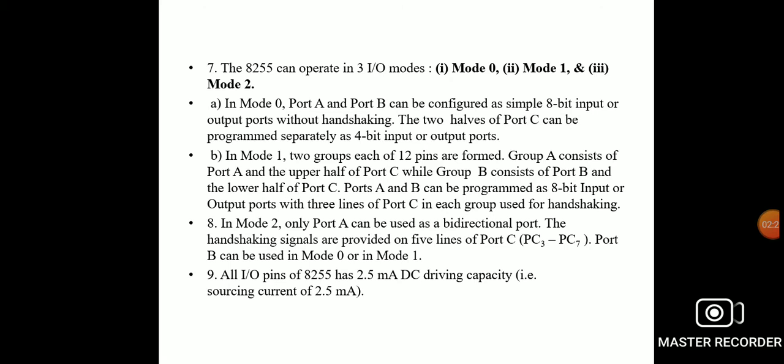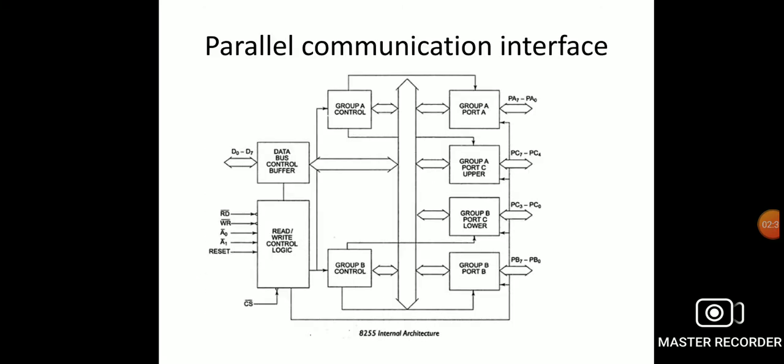Now we see the internal block diagram of 8255A. This is a parallel communication interfacing method. First of all, I have to explain the signal description of 8255A. In the peripheral interfacing, address lines 7 to 0, these are the 8 port A lines that act as either latched output or buffered input lines depending upon the control word loaded into the control word register.